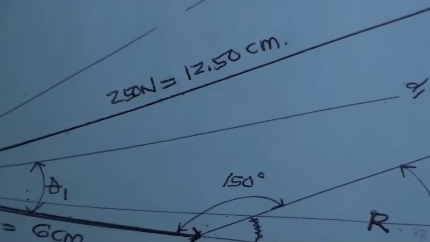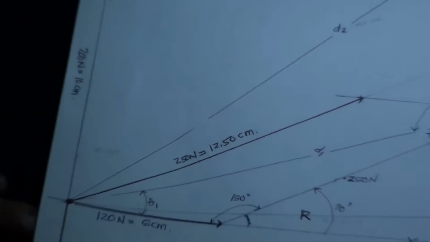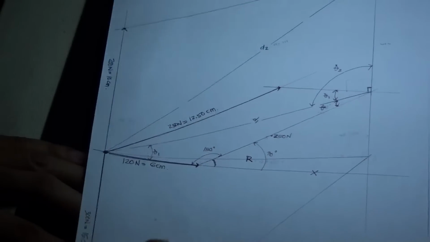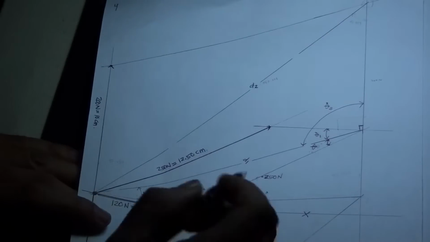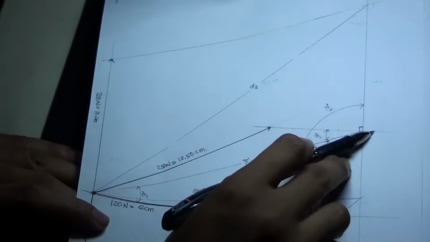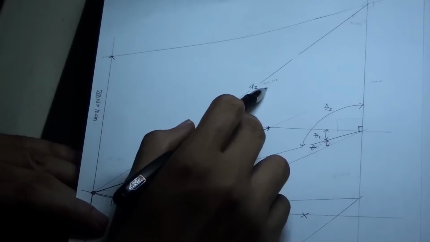Okay, this is the figure. Again, we have that side here. Take note, we're dealing now with the second parallelogram. We have d sub 1 squared plus 200 squared, then to get d sub 2,